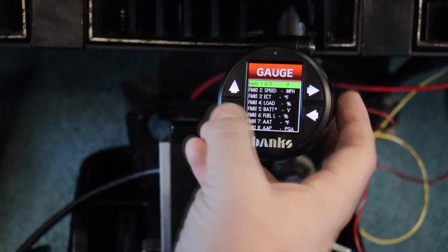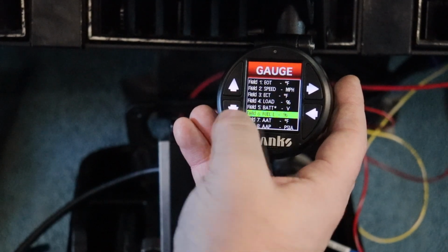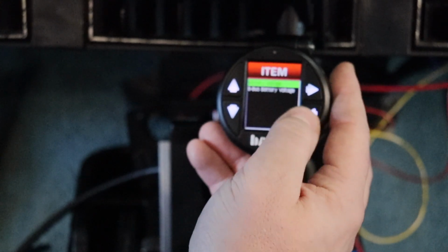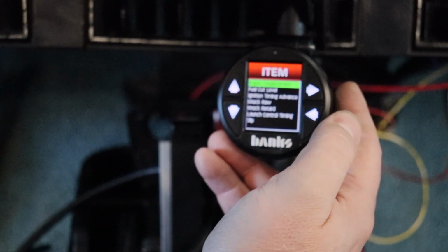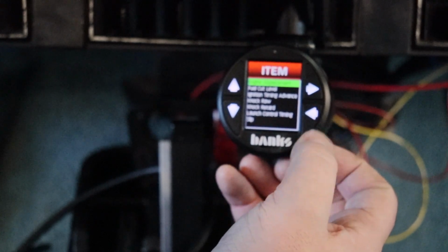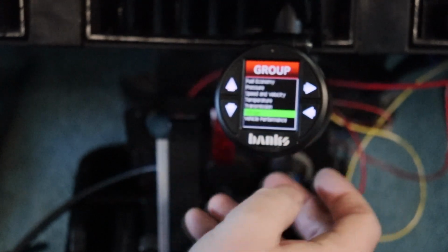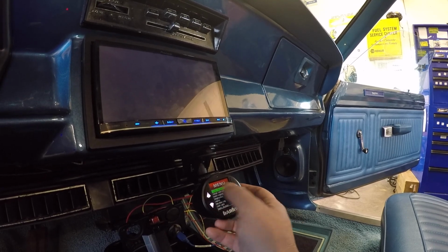In fact, let's select oil temp. Let's go to something else I don't have. Fuel level, okay. Transmission gear, that's another one that this car has no idea what gear it's in. Well, it works fine, but the ECU has no idea what gear it's in. And of course some performance measures, which I haven't gone through to see which ones work and don't work. So yeah, that's running through, at least in this configuration, what I can get off of Haltech's CAN bus with a Banks iDash. Okay, so let's show what happens if you run this on Haltech's auxiliary CAN bus, enabling OBD2,